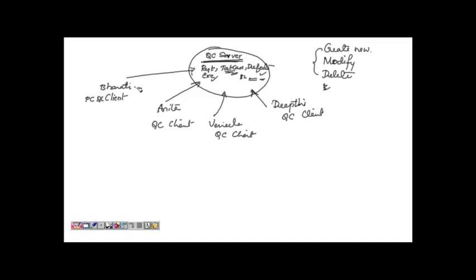Okay, so they are going to use this quality center client and they will be logging into the quality center server with their username and password. So each one of them will be given a separate username and password using which they will be logging into the quality center server, and they will be creating the new documents, modifying the existing documents, or deleting the documents. Okay, is it clear everybody?